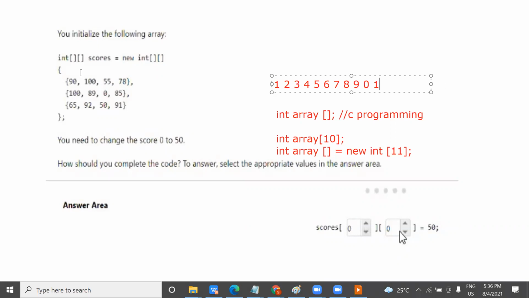So 11 values, single row. But when you talk about two dimensions, where you have rows and columns, you can see we have 3 cross 3, right? We have 3 rows and 3 columns, sorry, 4 columns. So that's why we have taken two subscripts, but here we have only one row. This is one dimension, that's why I have not taken it. So I was telling you about the new keyword. Why do we use the new keyword?